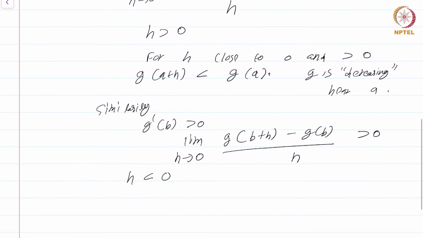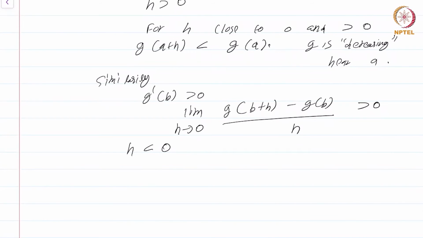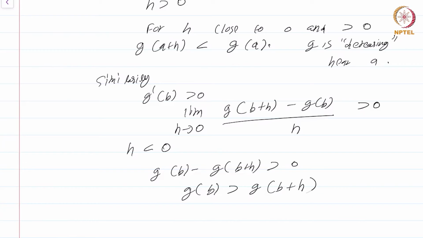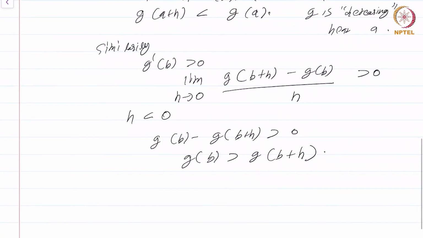But here h has to be negative. h is negative simply because we are at the right endpoint. Okay, so this will just show that g of b minus g of b plus h is greater than 0, or in other words, g of b is greater than g of b plus h. Okay, so the net conclusion is